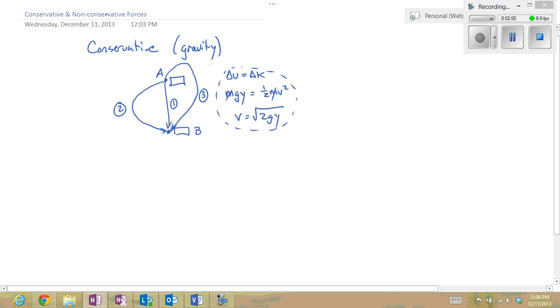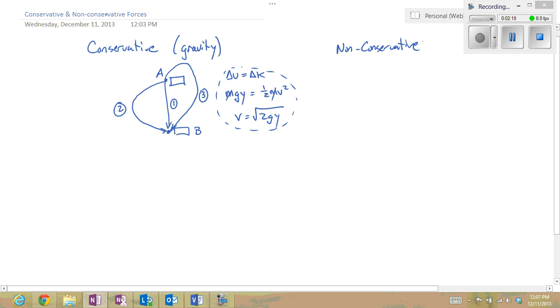That is true because gravity is a conservative field. Any energy I put into the gravitational field, I can get back out. If I lift an object up 1 meter, when I bring it back down 1 meter, I get that same energy back. A non-conservative force